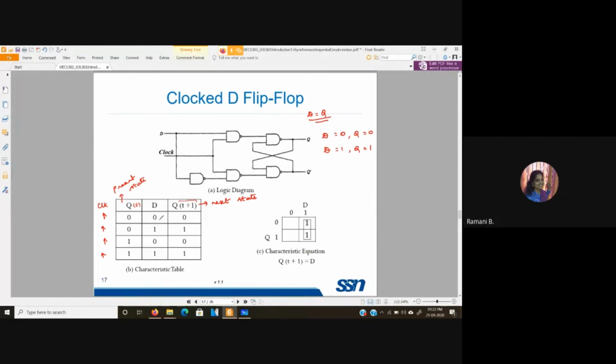So everything is written over here. So for D equal to 0, your output or the next state Q of t plus 1 is 0. For D equal to 1, next state Q of t plus 1 is 1. So for this, if we are going to give the equation format, we have Q of t plus 1 is equal to D. Okay. So this is the same as what we saw with the latch. Only thing is here we have the edge transition with respect to this control input and we name it as the clock. Okay, so next we shall see JK flip-flop.